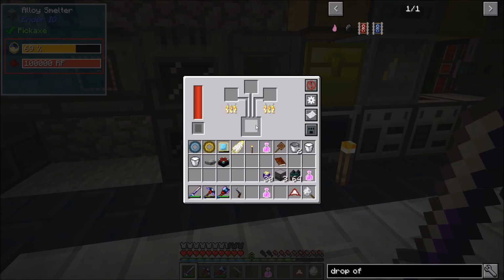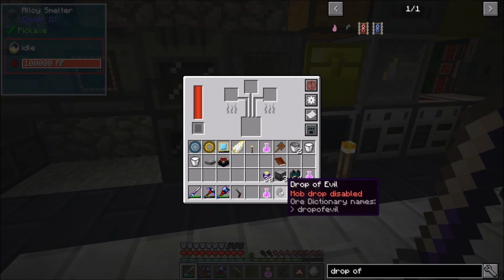I cannot believe I died on the wither. Like, I should have just summoned him outside. Usually I summon him in like a cave or something if I don't have flight. And I don't know what I was thinking. Why I summoned him there, but...